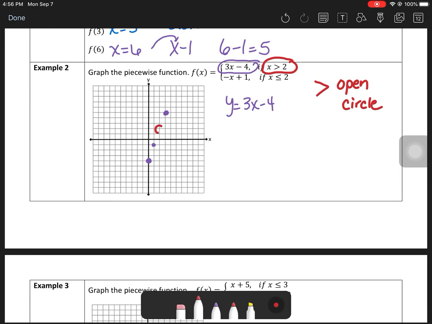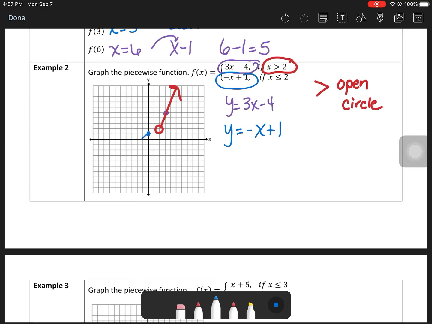So we're going to draw an open circle at 2. And we want to go then to the right because it's greater than. So we're going to make our arrow go to the right. And anything to the left we're going to erase because we don't want that part. In the second example, which is y equals negative x plus 1, our y-intercept is at 1,